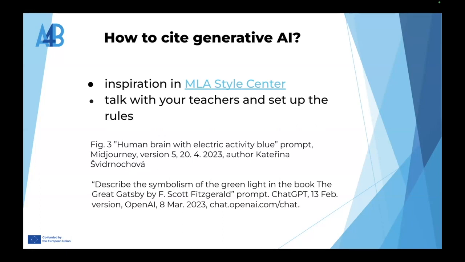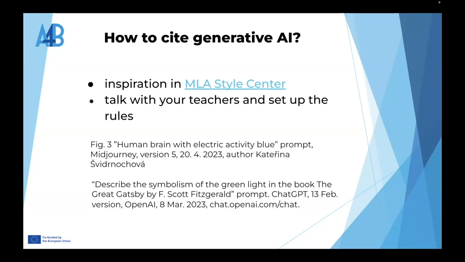As you can see in my presentation, I have some images or pictures generated in the tool Midjourney. And below the picture, there is a quotation. I took the inspiration from the MLA Style Center. You will have the link in the presentation.